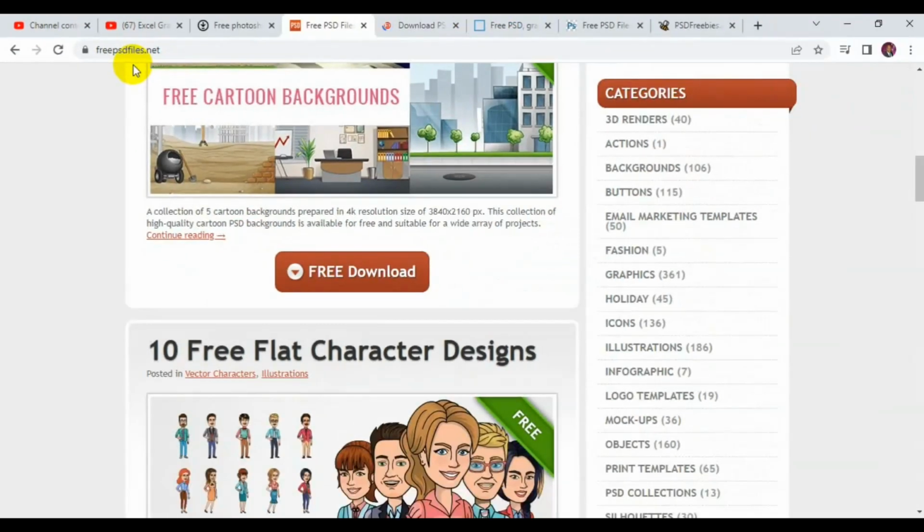freepsdfiles.net. So all you have to do is visit the site, navigate, browse through the categories, and download any file of your choice. That's what I have for you as far as freepsdfiles.net